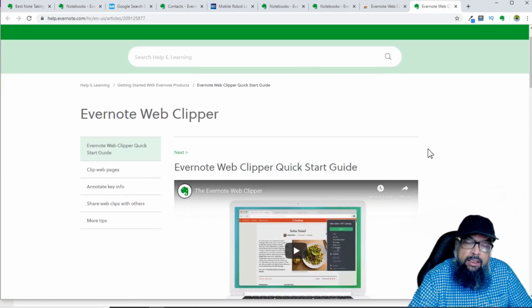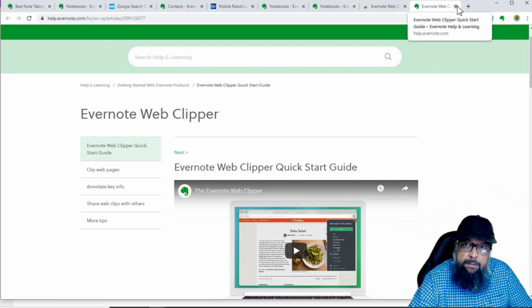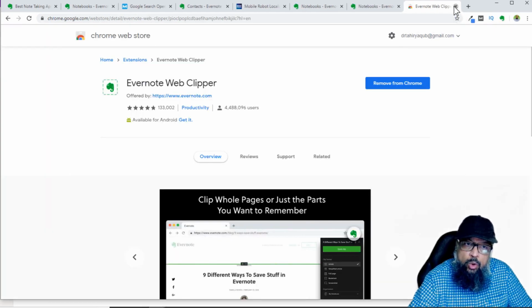So when the application is installed, you will see this page, and the second thing you will notice will be an elephant head in your browser. This elephant icon is the same which you will see on your desktop when you install the application. So make sure that you note the difference, that both are elephant head, but one is in the browser, one is on your desktop or on your mobile phone. Now you can close this page if you want. We can also close this.